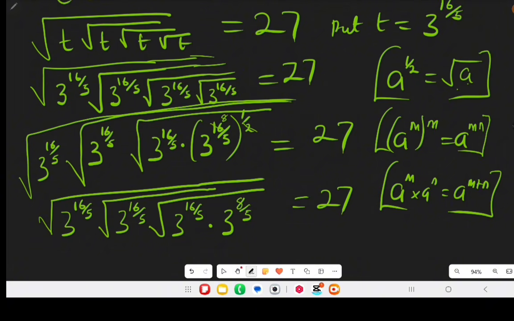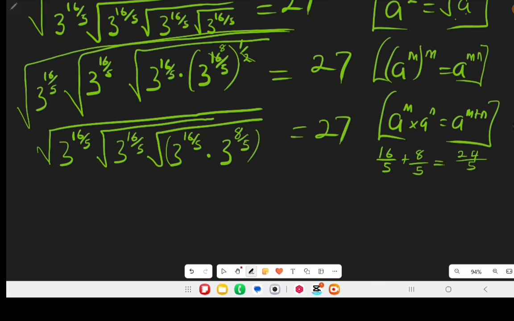In this case, we just add up the powers, and the powers are fractions, meaning when we have 16 over 5 plus 8 over 5, this type of fraction is identity fraction, where the denominators are equal. If the denominators are equal, you add up the numerators, which is 16 plus 8 gives us 24 all over 5 as the answer. In here, we write this to be 3 raised to the power of 24 over 5